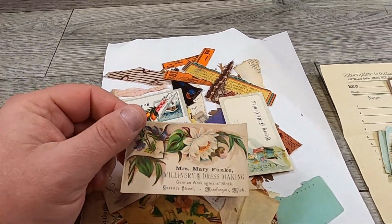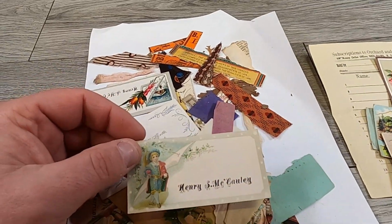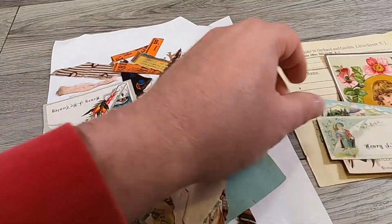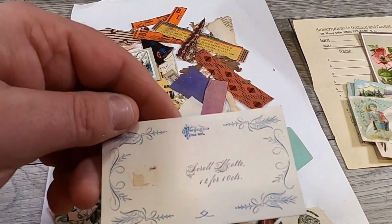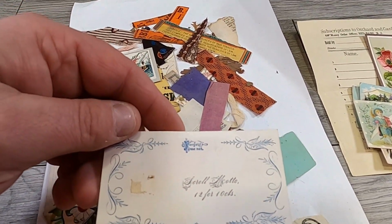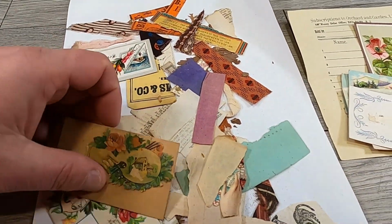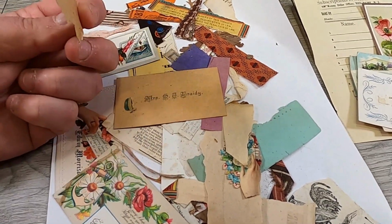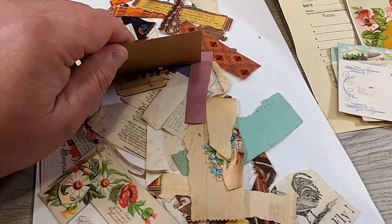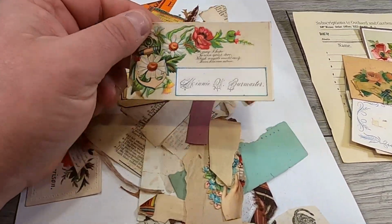You know, and whatnot. This might be a card that they would have put on a gift, maybe. There's lots of those in here. Now, this one is a little different. This one's just got a name on it, and it says "Forget Me Not." Now, this one's broke, but this would have had this little piece on there, and you would have flipped it up to see the name of the person who gave it to you, or whose item it was,